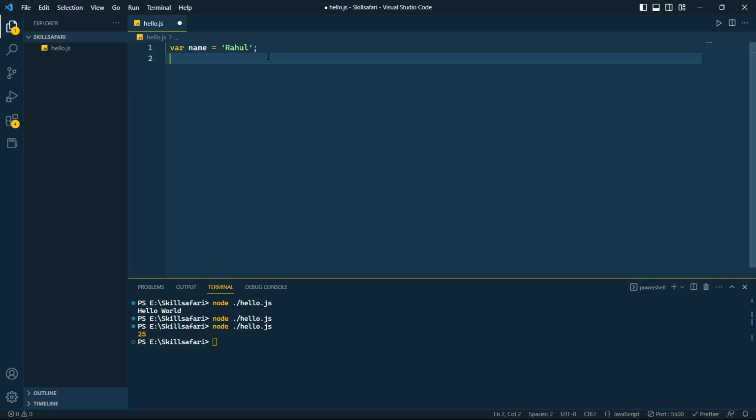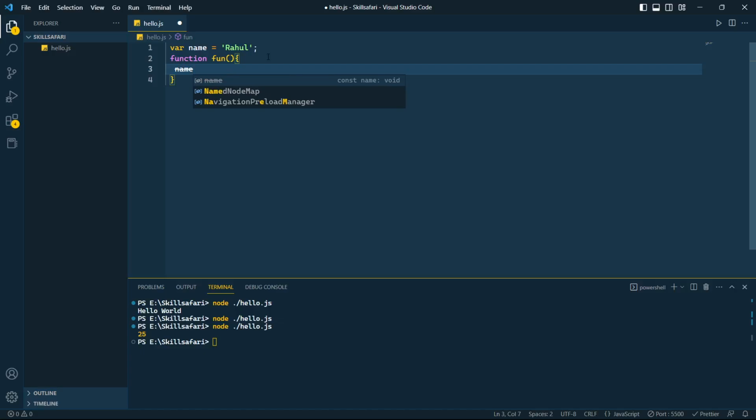Let me show you one thing. Let's say I'm defining a function, function fun, and here I'm changing the name from Rahul to Ram, maybe.